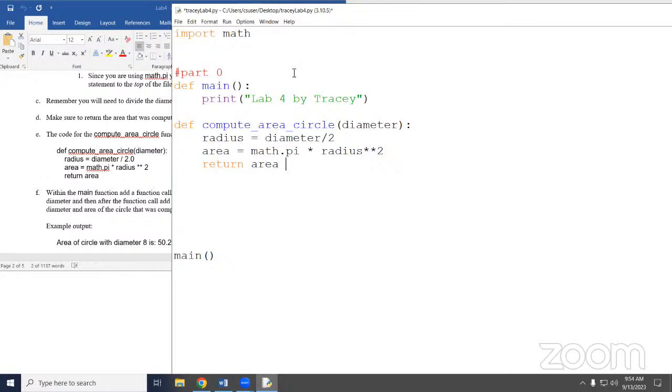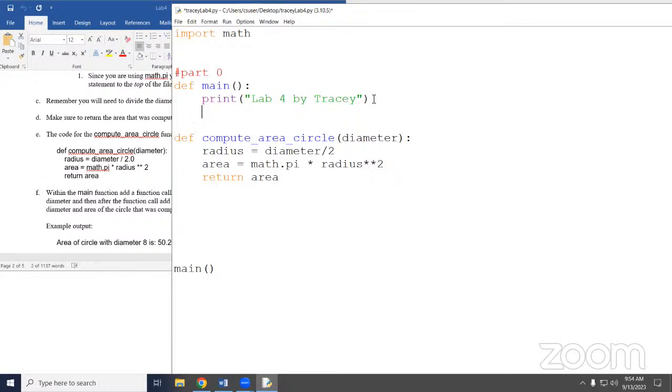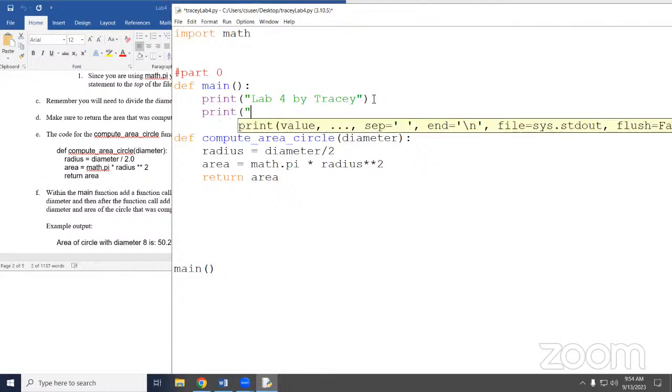So now every time you want to test a function, you're going back to your main. And in this case, we're going to print the area of a circle with diameter 3 is